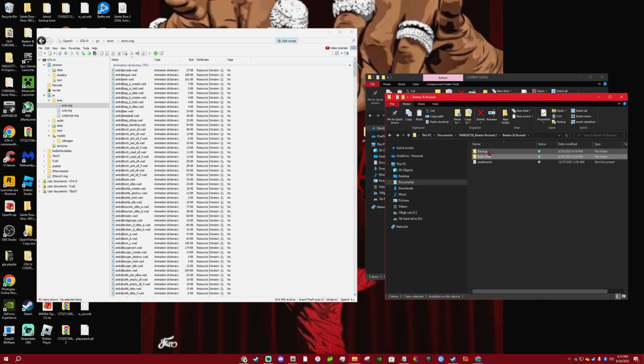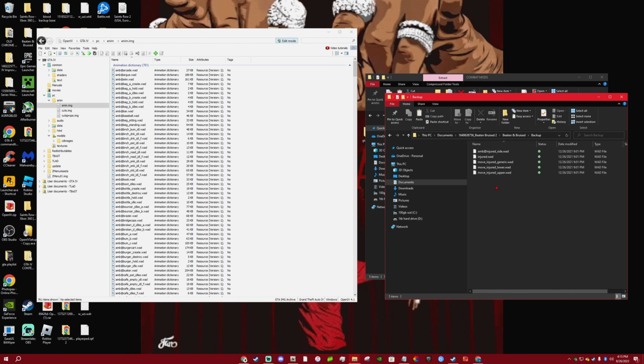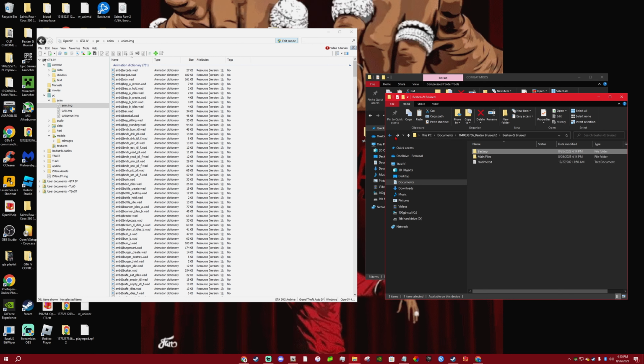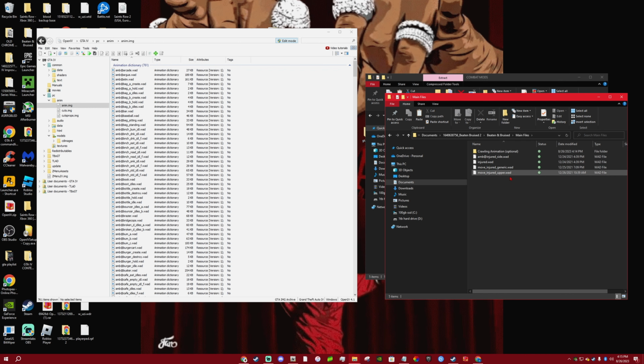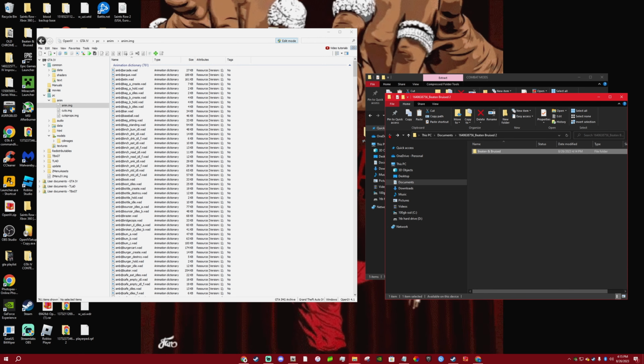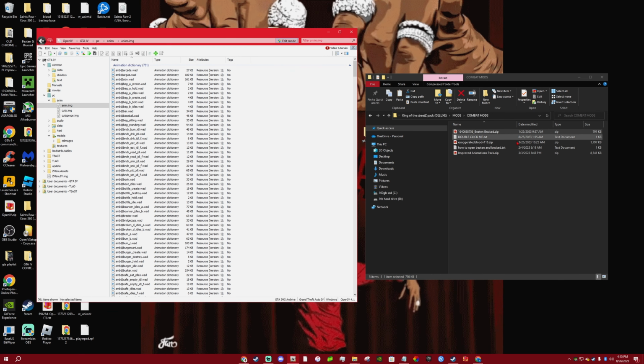Now, if you already did, if you follow me and you already did, that's where the backup comes into play. You can just back it up, and now all of them are uninstalled. Go to the backup, highlight all of them, throw it in, now they're all uninstalled. But if you want to install each and every single one, like I did, just select them all, drop them in there. Okay, cool. That's Beaten and Bruised.